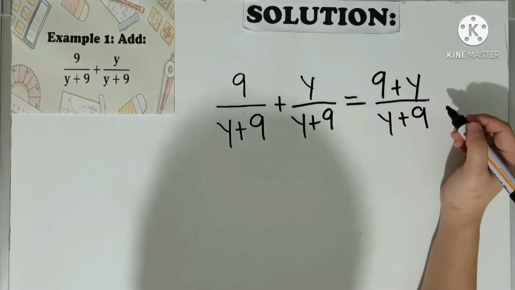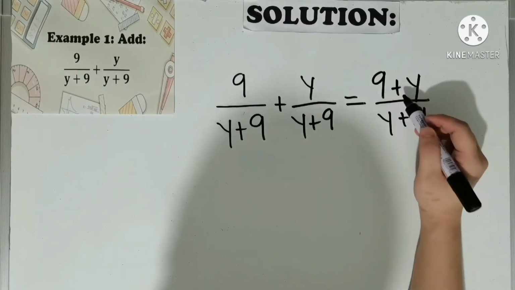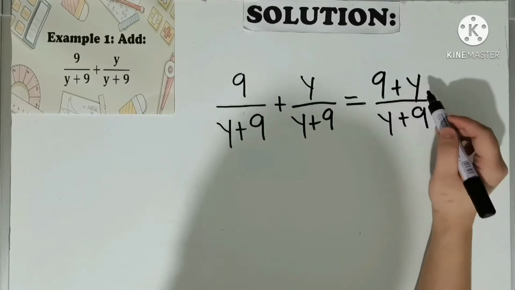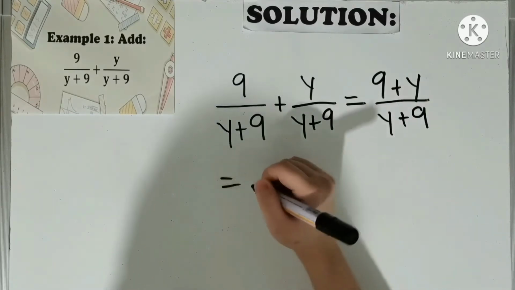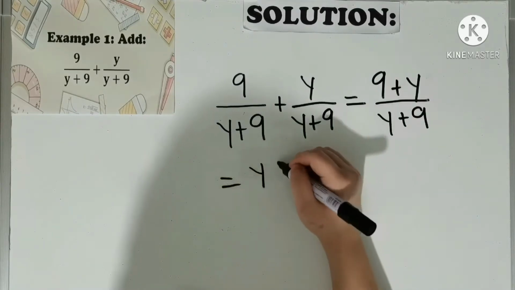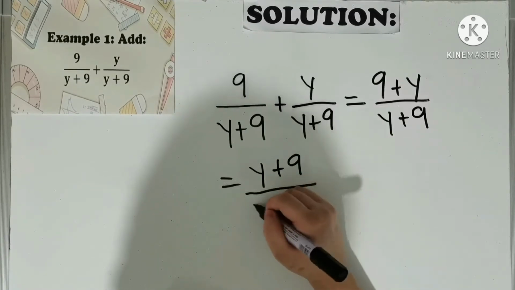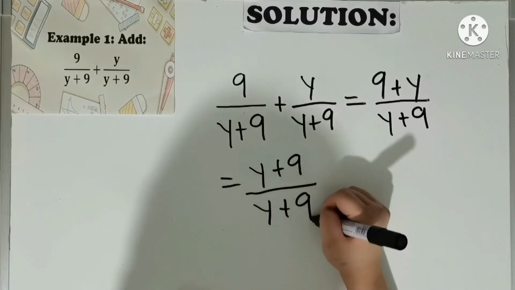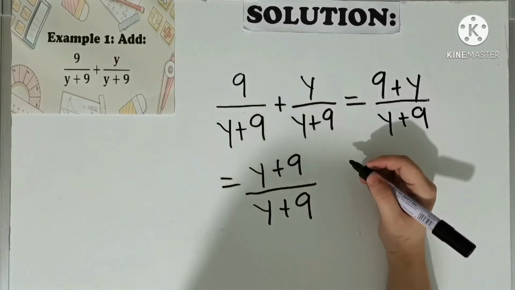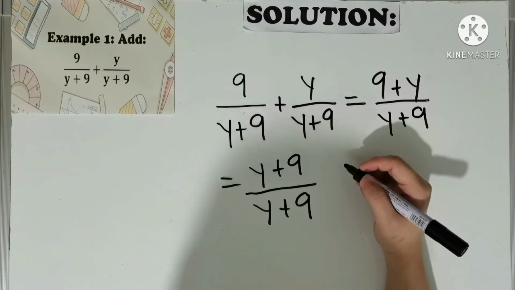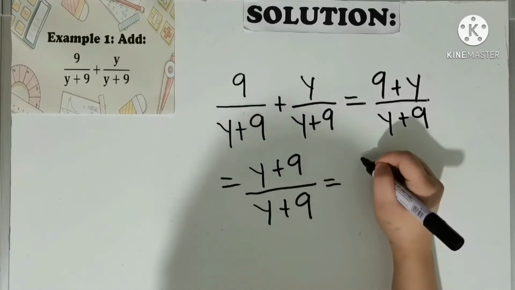As you can see, y plus 9 is also equal to 9 plus y, so we have y plus 9 over y plus 9. And y plus 9 over y plus 9 is also equal to